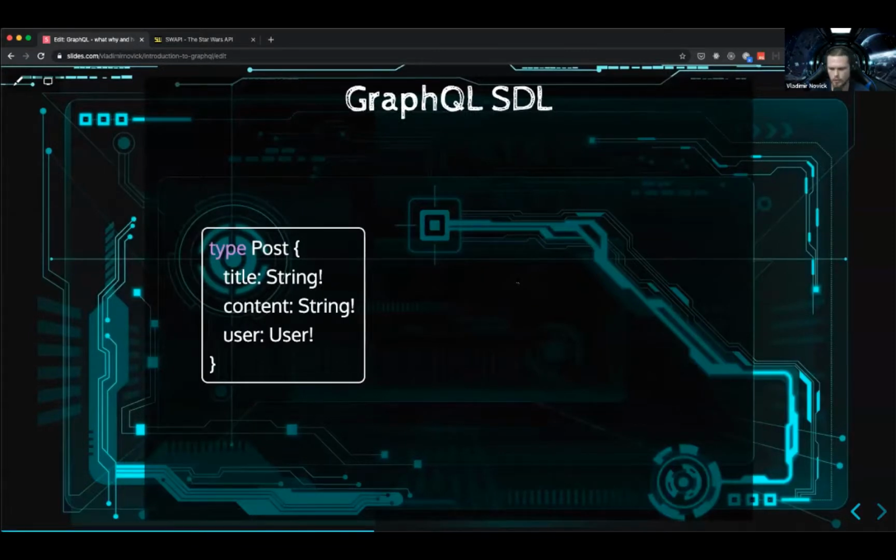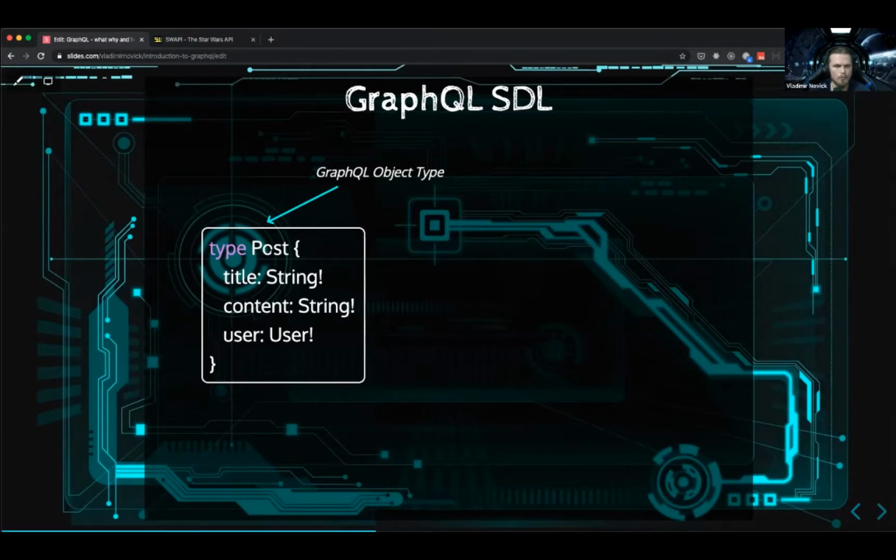Now, what about the server, right? How do we define this on the server? The main point of the GraphQL spec is that you define a schema and you define types on the server. And when I say that, you can probably understand why the data is predictable on the client. Because whenever I have a type system on the server, I know the specific type will be resolved, and it cannot be something other than that. So I know if my query returns type Post, I know for sure there will be a title, content, and a user. So it's a type system.